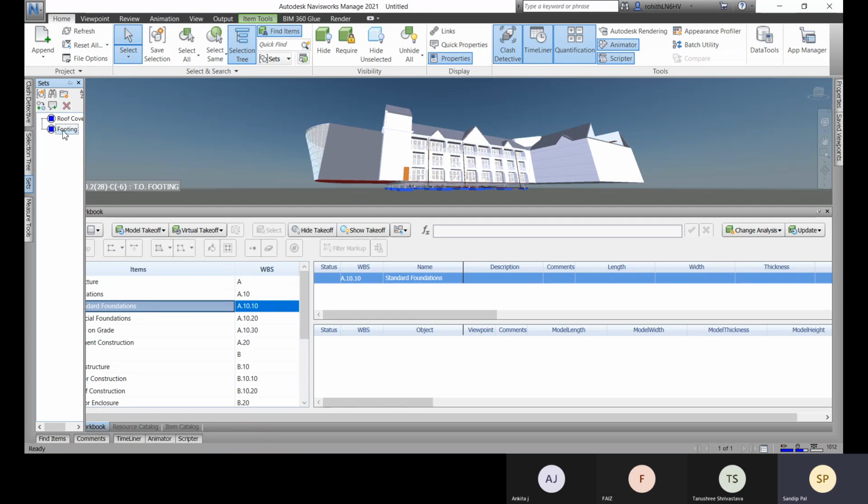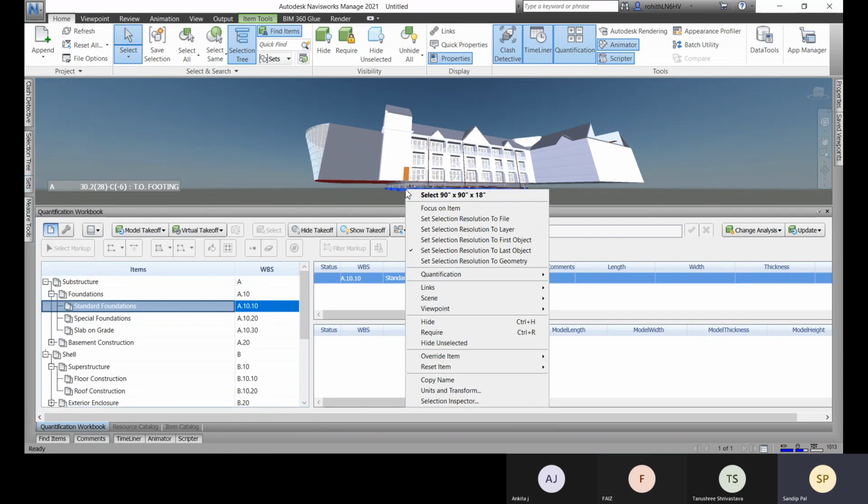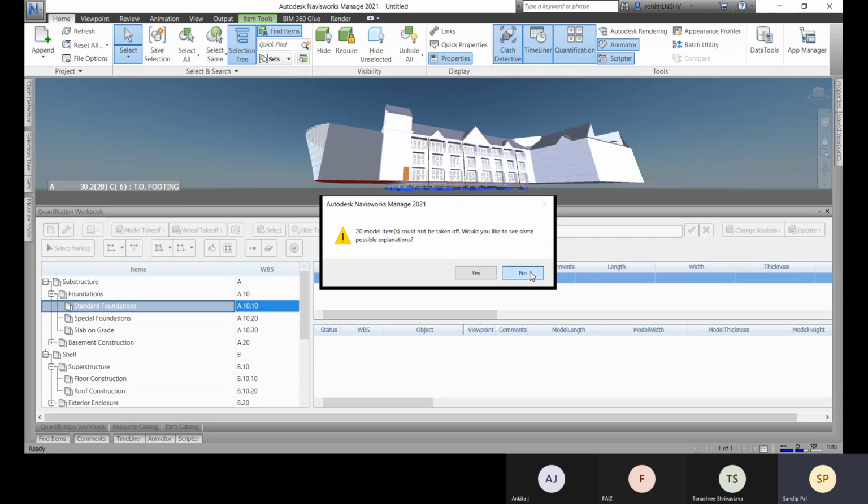What you can do is right click on it, select this, right? So you can right click on these objects and then you can go to this quantification, and then you can go to take off to standard foundation, that you can do.